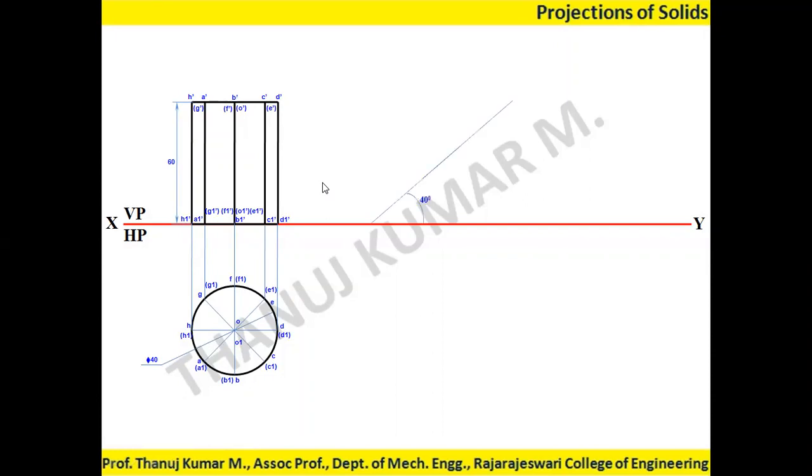The angle is given as 40 degrees to HP. So first you can give it either to D1, D dash, D1 dash, or to O dash, O1 dash. Both are parallel. So I'm going to give it for D dash and D1 dash, and reconstruct this cylinder in the front view here. First draw D dash, D1 dash, and then draw the perpendicular line from D1 dash to H1 dash, like this distance and this distance.